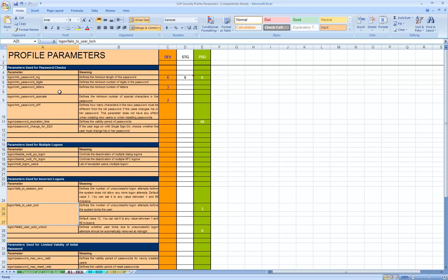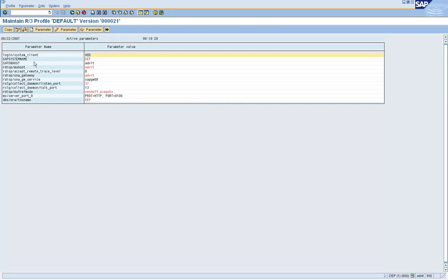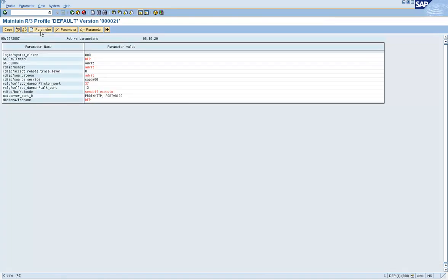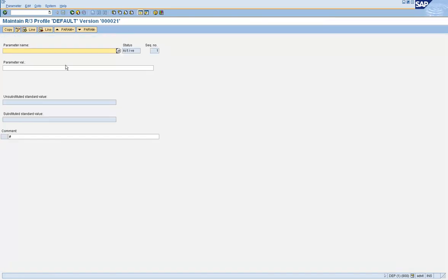Let's select create parameter, because in your list of parameters here in the default profile, the login minimum password length parameter is not there. So click on create parameter.